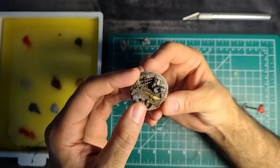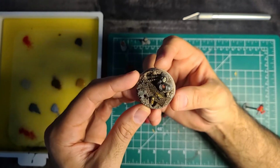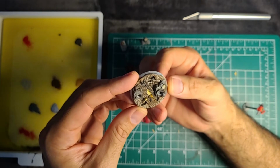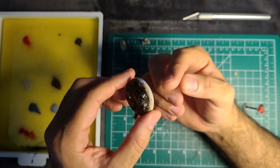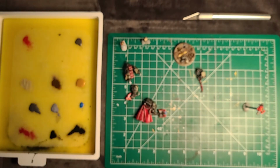I mean, I probably have some detail work left to go there, and I probably want to add some kind of skull from my collection of 300 and something skulls that I got not too long ago. But other than that, I think the base is almost ready. I have to do something there, some kind of wash there, and then I have to kind of ring it with some black. So I'm going to spend a little bit of time